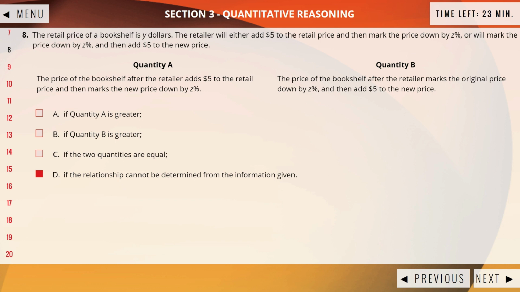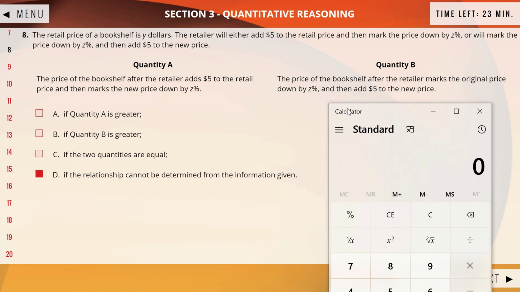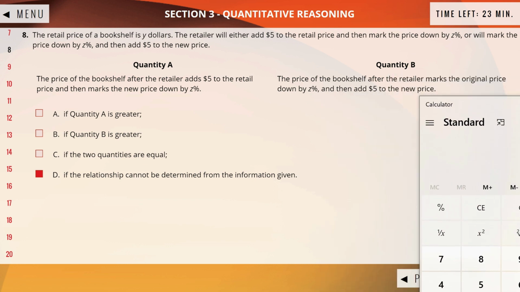If we try 10%, okay, well, we add 5, that would be 105. Mark it down by 10%. Let's use a calculator for that, I'm being lazy. 105 times 0.9. That would be 94.5 in quantity A. But if we mark it down by 10% first, that's 90, and then add 5, that's 95, so quantity B